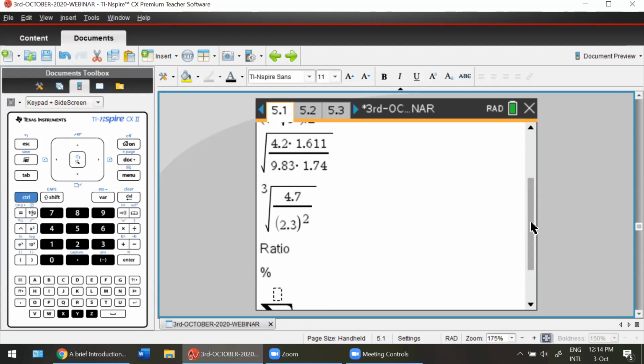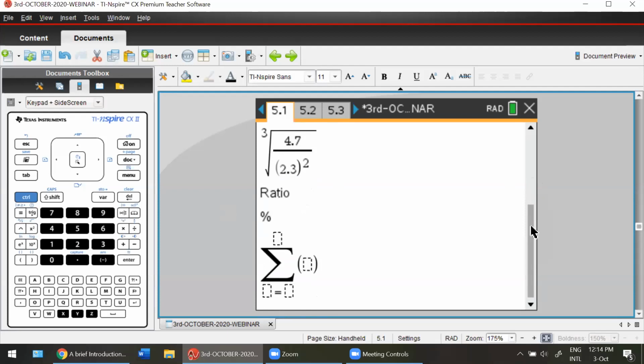You can give me your answer to 4 significant figures. Akansha says 0.9613. That's correct. Krishveer also the same, 0.9613. So I think you all have already familiarized yourselves with square roots, squares, cubes, cube roots. So I'm happy about that.